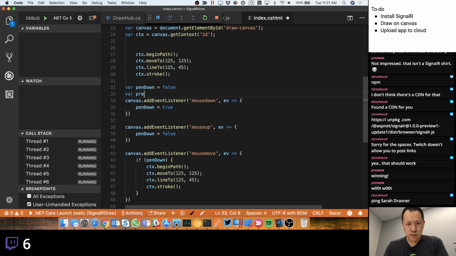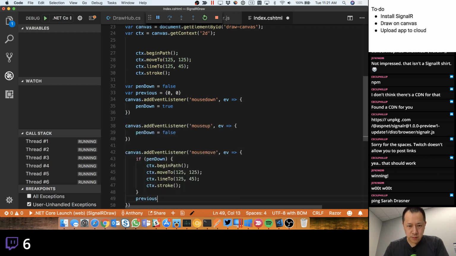Our previous, let's call it 0 and 0. And then when the mouse is down, actually whenever the mouse moves, we'll set the previous to, well, that wouldn't work either. I'll just set it down here. So set the previous to,